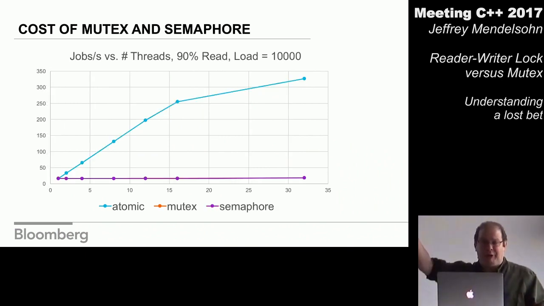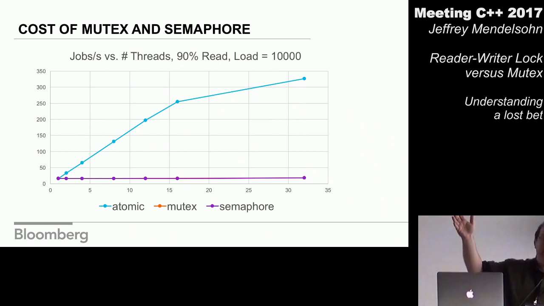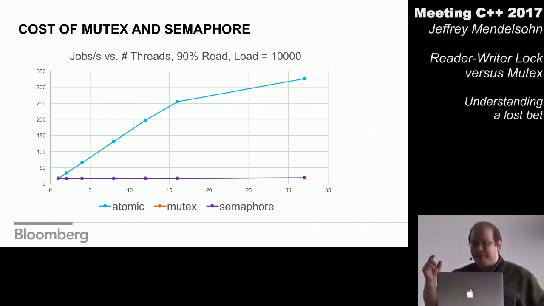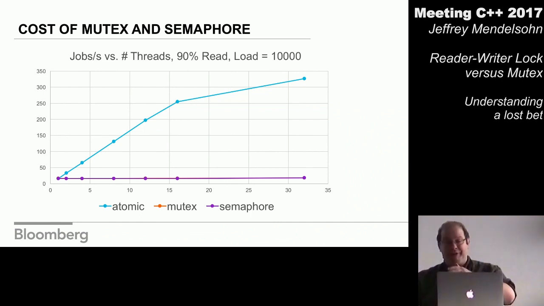So we'll start with the very long hold time again, and with 90% reads. Now here again, a mutex and a semaphore allow only one thread. I apologize, I didn't say what I meant by a semaphore. A mutex allows one thread, a semaphore allows some counted number. Here I'm using a count of 1, so essentially it's mimicking a mutex.